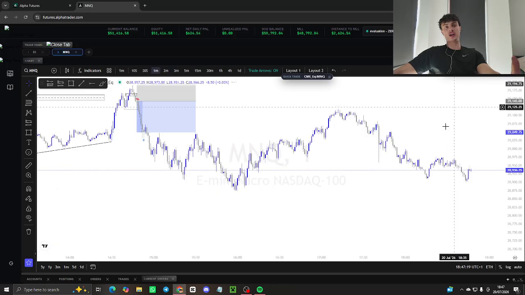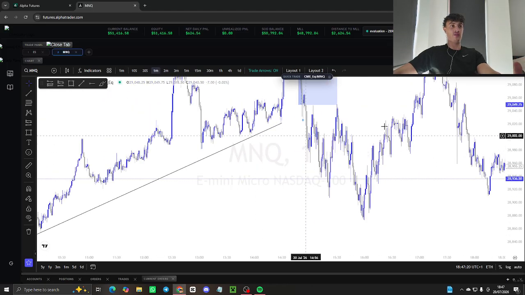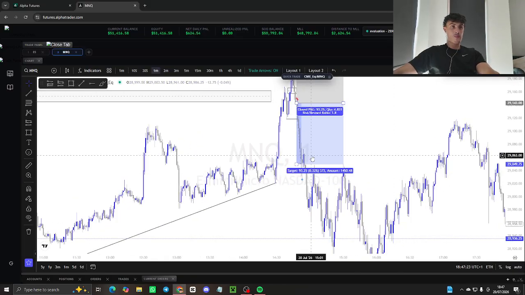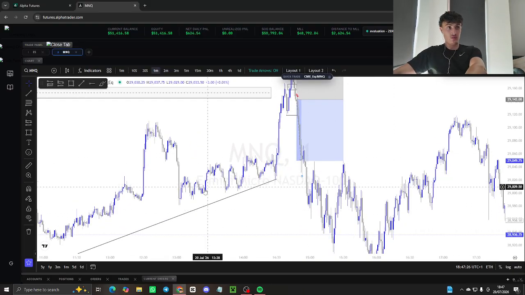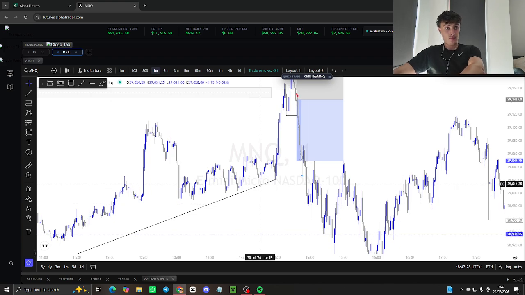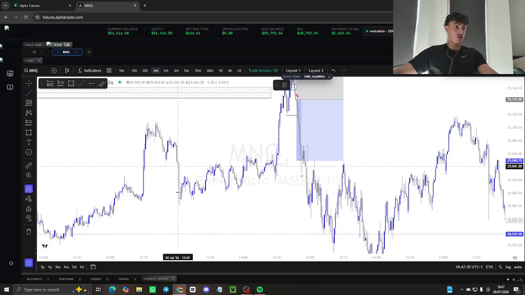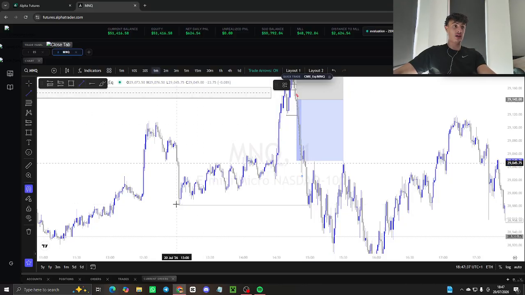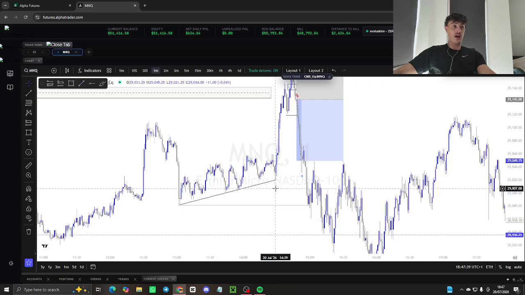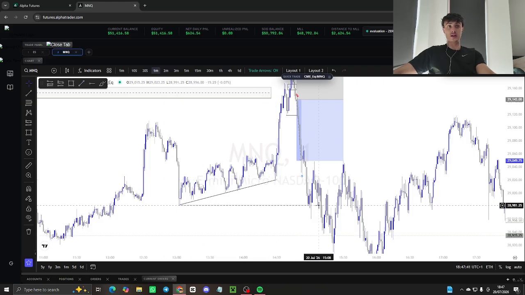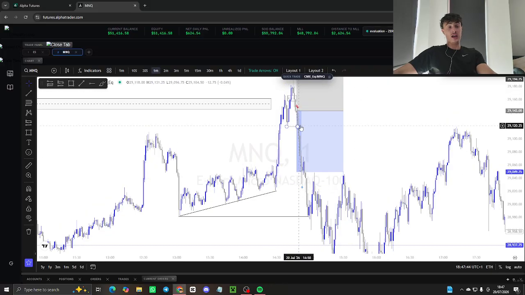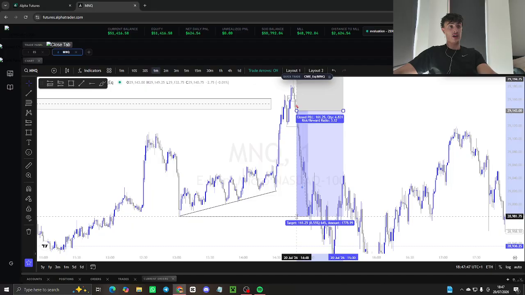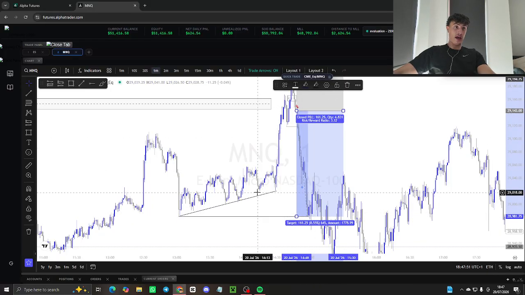Obviously, it's a Monday. I don't want to take that big of a risk or reward. So I literally, my initial target was here at these lows of this trendline liquidity here. I wanted to just take that low basically. We did eventually do that, and that would have been a 1 to 3, but instead I actually took out